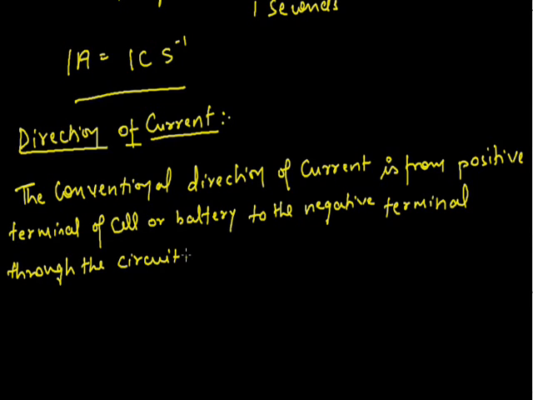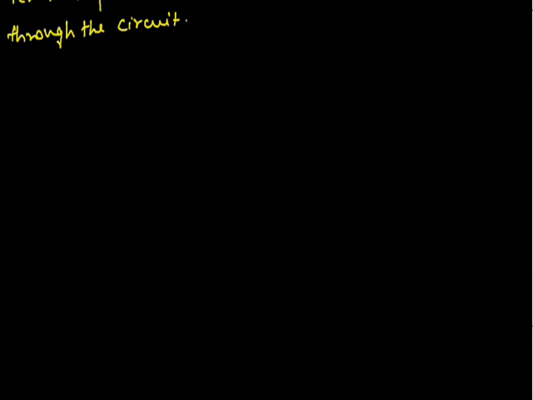Now, how does current flow in a wire? Now we study how current flows in a wire. Electric current is the flow of electrons in a metal wire. A metal wire has plenty of free electrons in it. When the metal wire has not been connected to a source of electricity like a cell or a battery, the electrons present in it move at random in all directions between the atoms of the metal wire.